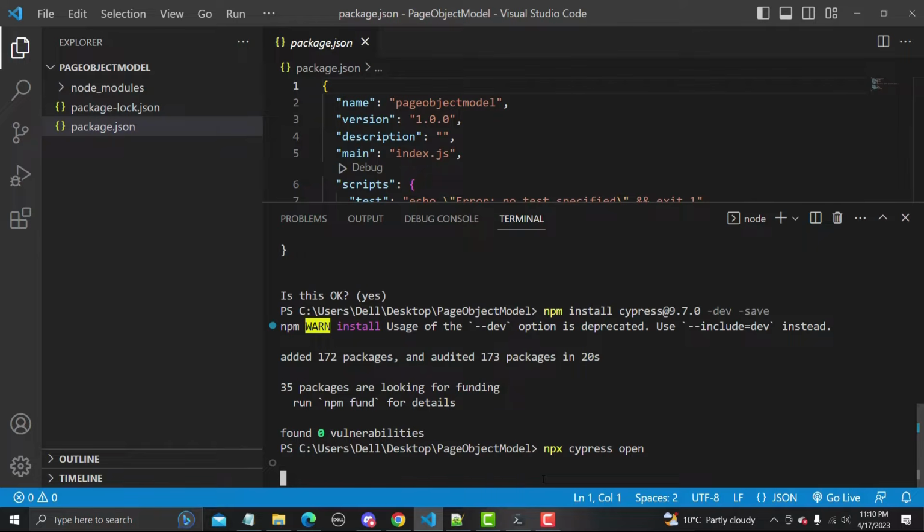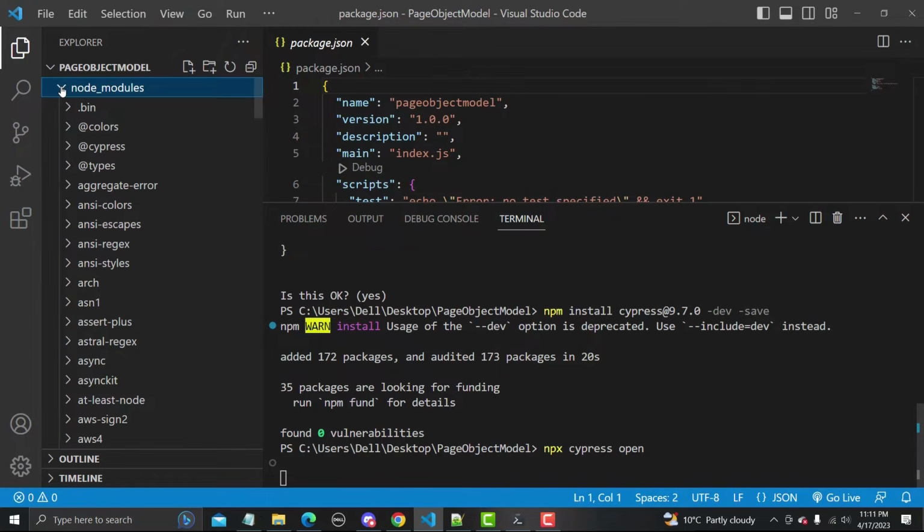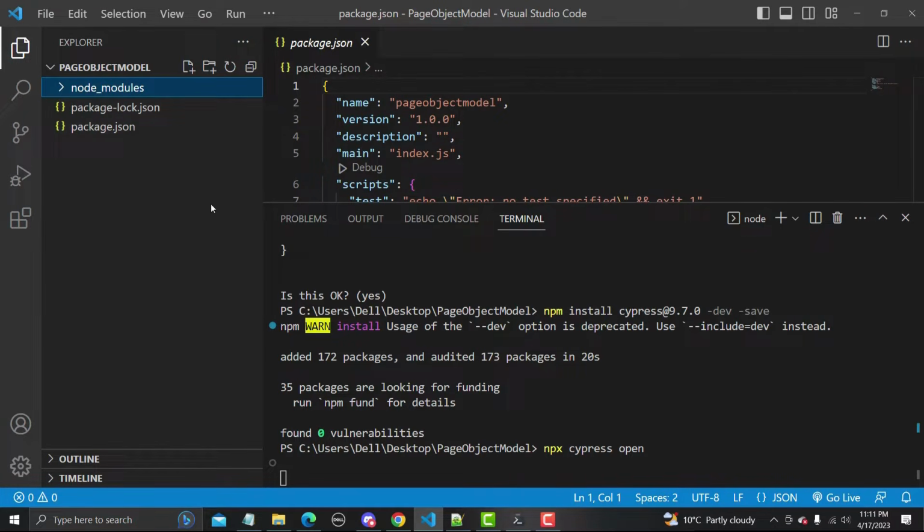It contains the fixtures, integration and different folders, and it also takes time because by running this command you will also be getting the examples provided by Cypress. Meanwhile, we need to understand how this npx cypress open works. This command goes to node_modules and runs the Cypress commands there. It will take some time, so let's wait for a moment.